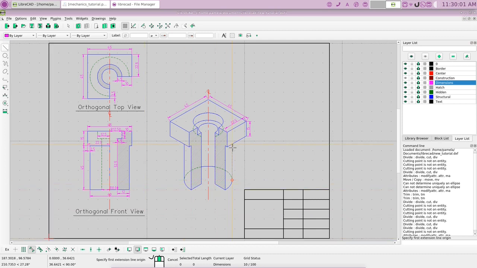Snap on, snap here. Take the snap off to move that. Okay, and we could put the snap on. We could move in here. You get the idea. You can put all your dimensions on there,